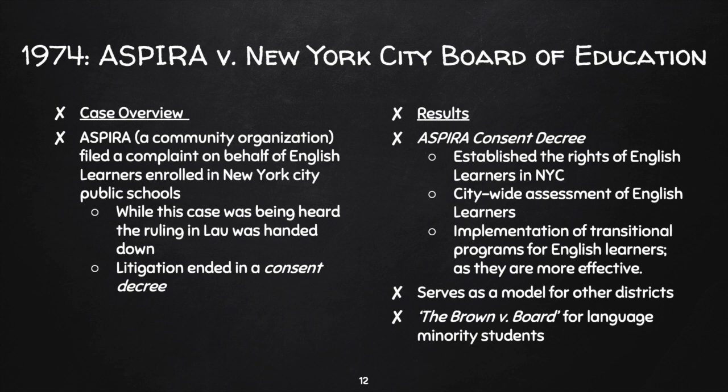This case was so big that some in the legal profession do refer to it as the Brown v. Board for language minority students, saying that just like Brown v. Board ended segregation and the steps that it helped minority students take in terms of race and the barriers that it helped to break down in terms of ending the federal protection of segregation, this Aspira decree helped language minority students, English learners, to break down the barriers that really prohibited them from being able to access equitable service in their educational spaces.